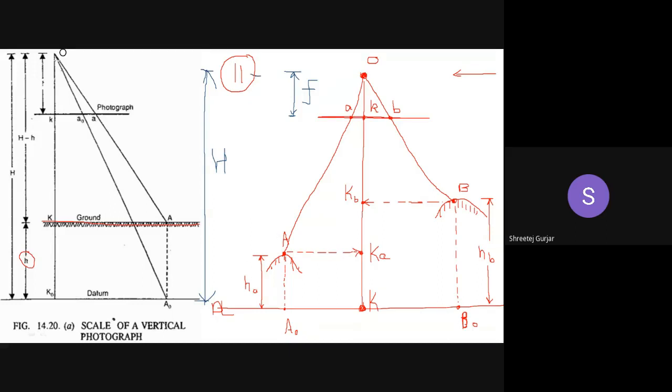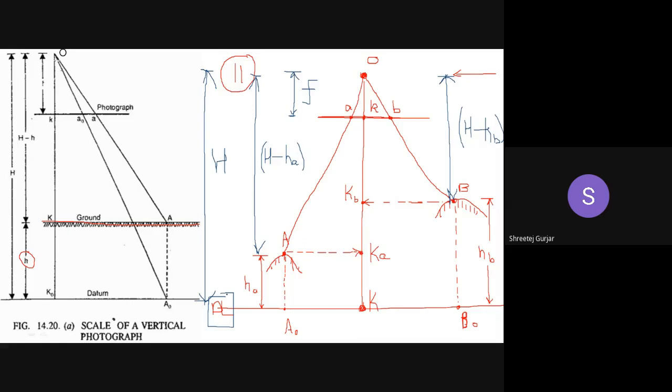So what will be this distance now? What will be this distance? This will be capital H minus small HA. And what will be this? This will be capital H minus small hb. This distance. So all the things are known to us. Now we have completed drawing the diagram that is required, right? So I hope you have understood how to draw this particular diagram. So this is datum level. Datum level can be anything. Usually what we assume is the mean sea level.